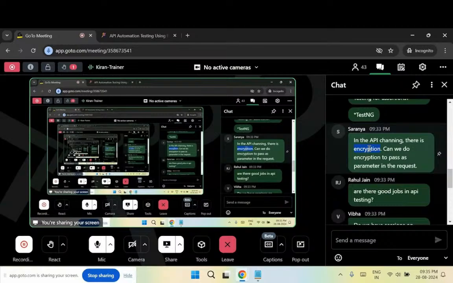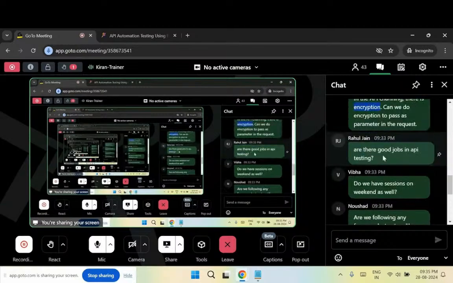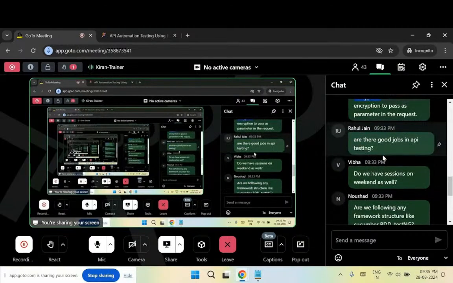Rahul Jain says, are there any good jobs in API testing? Kiran, sorry, yes. So actually, I asked about JUnit, TestNG for this REST Assured framework. So are you covering the REST Assured framework? No, no. The tool we are using is Postman, not Rest Assured. Okay, Rest Assured is a separate tool. Postman is a separate tool. Using Postman, I am teaching REST APIs, SOAP APIs.